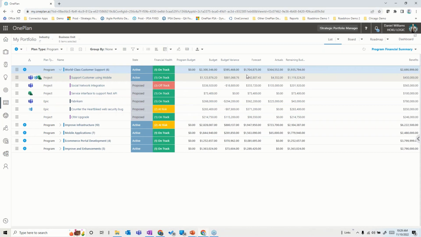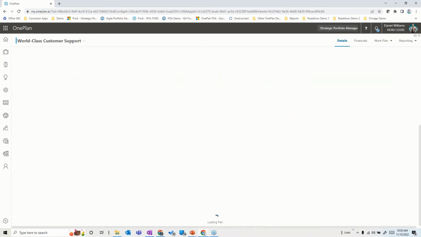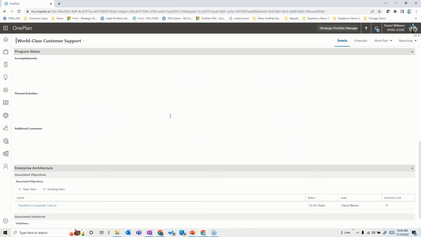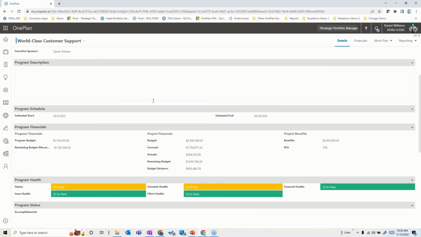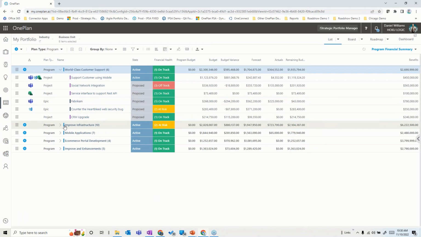And if I go into, for example, the details at the program level, and I showed you the details originally at the individual project level, right? If I go into the details level, what you'll see in here is that we have associations with different initiatives and projects. But notice that you have maybe a program budget overall, and different projects that are rolling up into here saying that the project budgets far exceed the program budget in this case, and we're actually overspent by quite a bit here because of what's rolling up from the individual projects. Now, this is a case that is a little bit extreme.